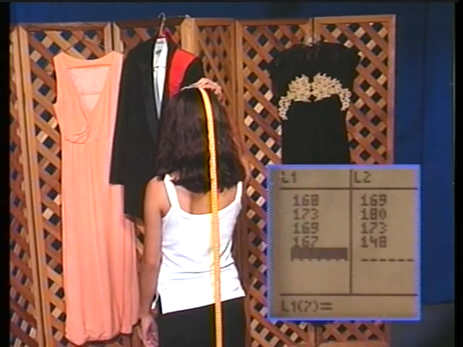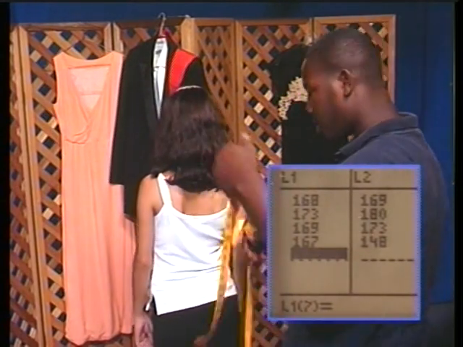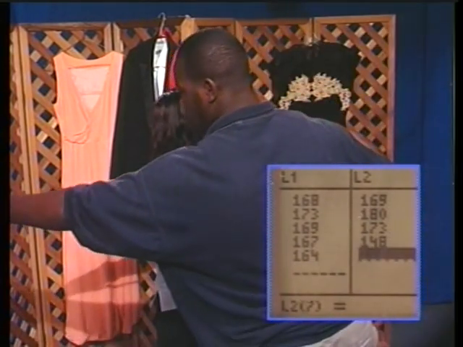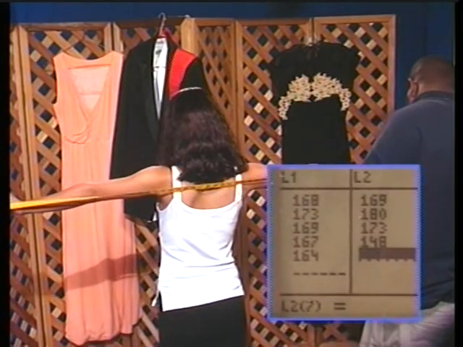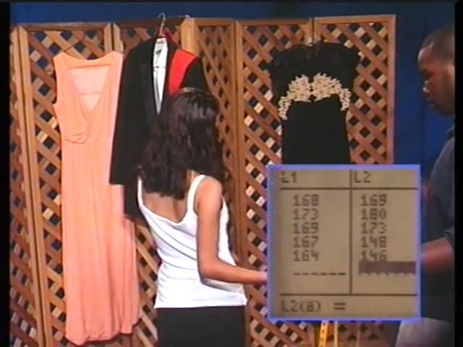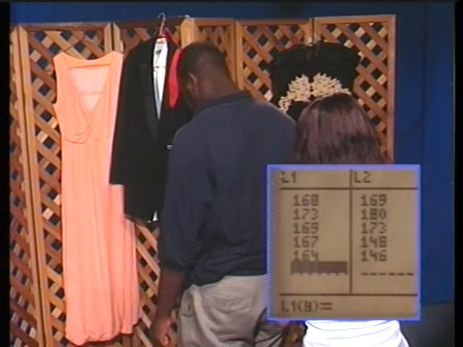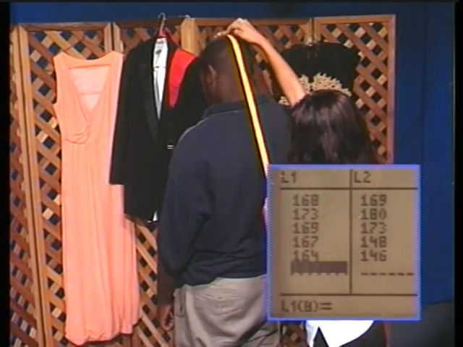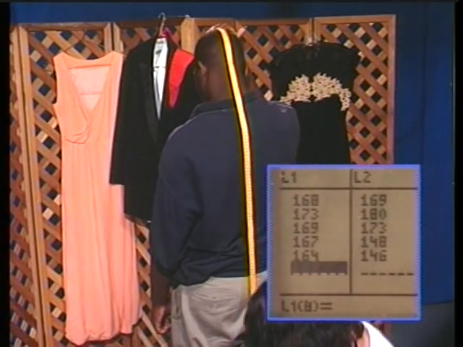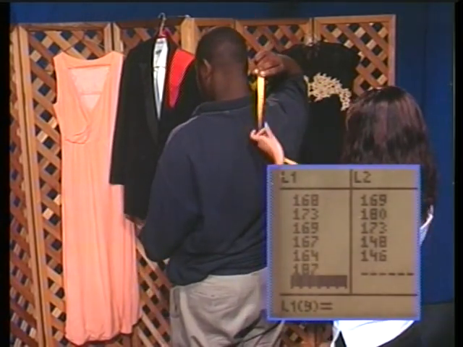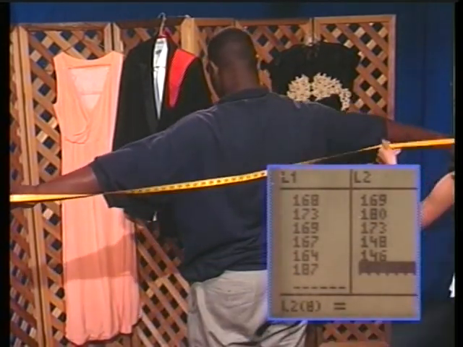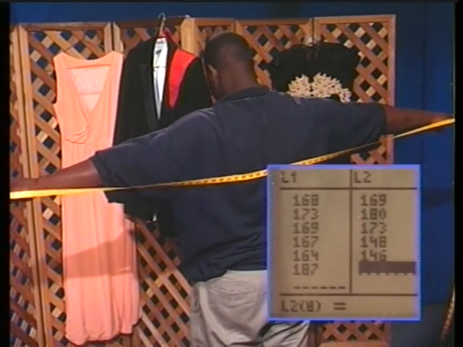Beatrice's height will go in the L1 list and it is 164 centimeters. Her arm span is 146 centimeters. Now Beatrice will measure Reginald. Reginald's height will go in the L1 list, the independent variable list, and it is 187 centimeters. Now Beatrice will measure his arm span. Since his arm span is dependent on his height, the dependent variable information goes into the L2 list, and it is